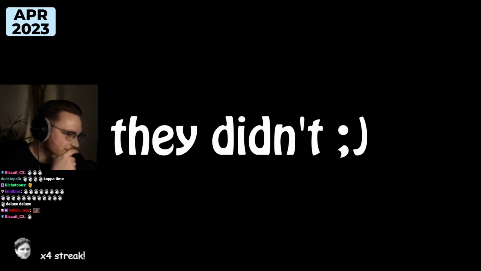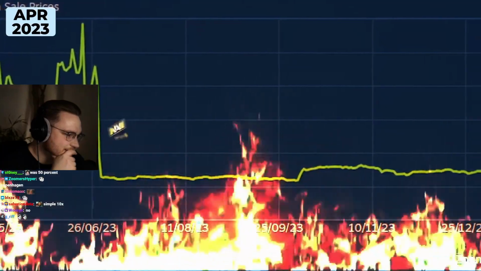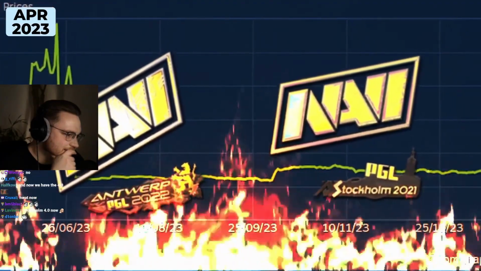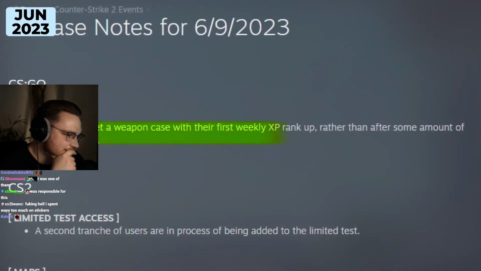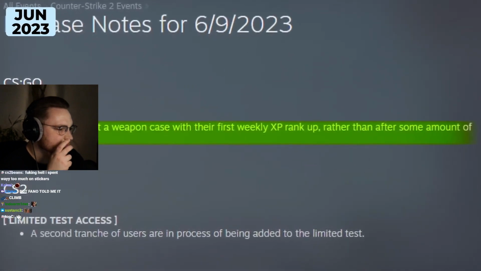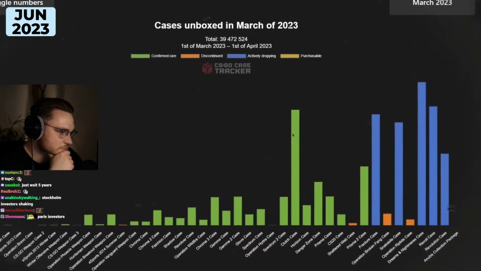Spoiler alert, they didn't. Paris stickers bombed as investments, and brought down the Antwerp and Stockholm stickers with them, although on the bright side the money was really good for the pro scene. In June, Valve changed the way that cases dropped to be a reliable once a week occurrence. This nuked a lot of case farmers for a bit anyway, although it didn't matter heaps since unboxings were coming